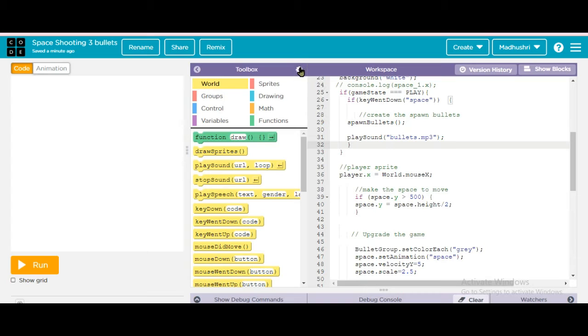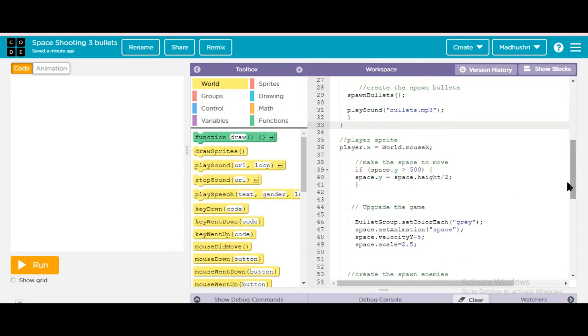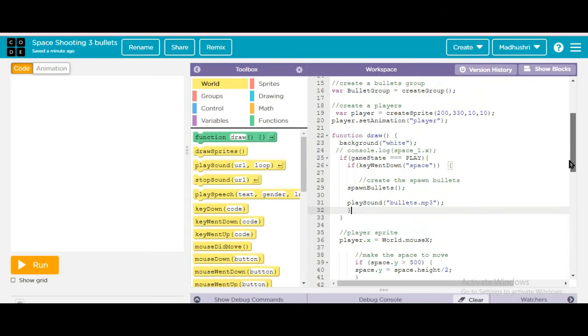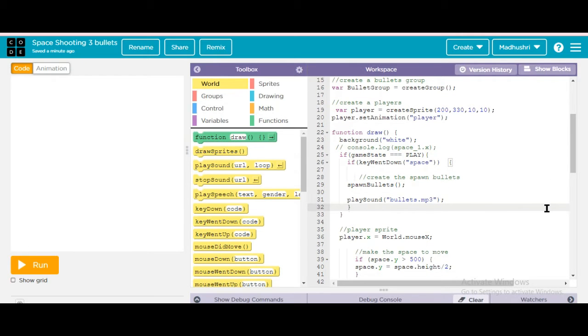You know how to add sounds. If you don't know, go to settings, click on manage assets. After clicking that you will see how to add. You can also record or upload it. So here, after spawn bullet, I wrote play sound. And remember this, I forgot to say this one, sorry.